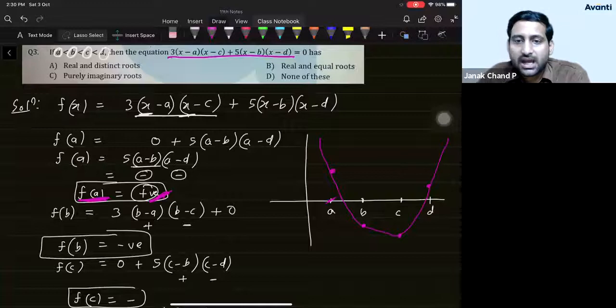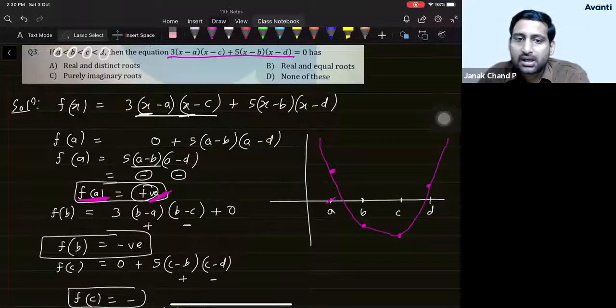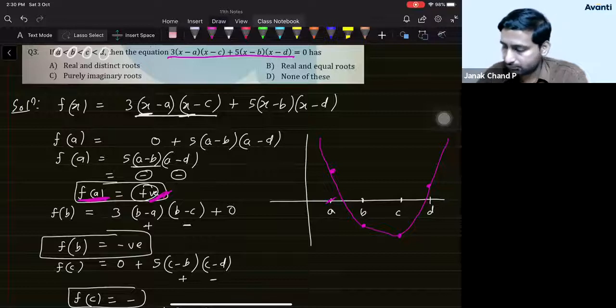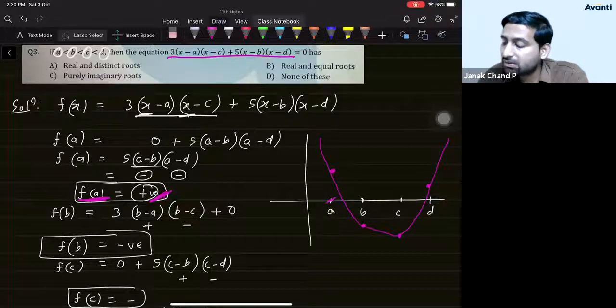Now, with the help of this diagram, student, which of the 4 options do you think is correct? Look at this carefully, student. There is no doubt, student, the parabola should compulsorily cut the x-axis, because for one of the points there's a positive value for the parabola, and for another point there's a negative value. Because of this, one root will surely happen, because here there was a positive, here there's a negative. So obviously somewhere the graph will pass through 0.